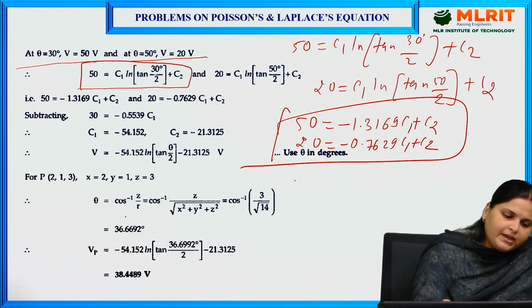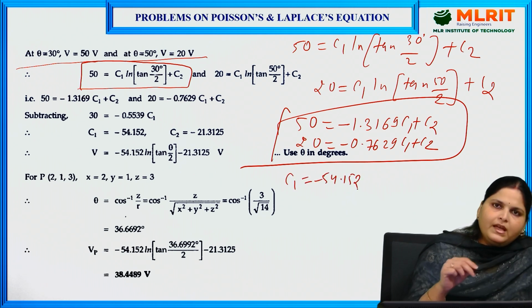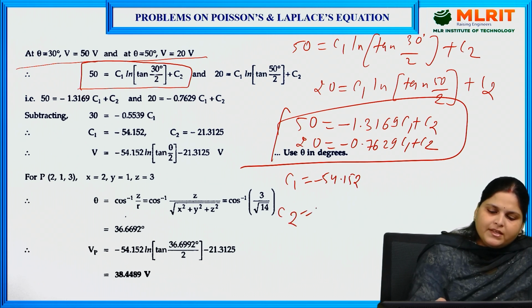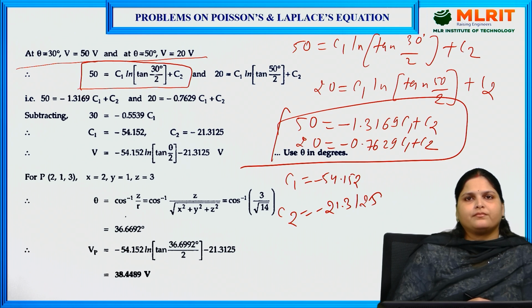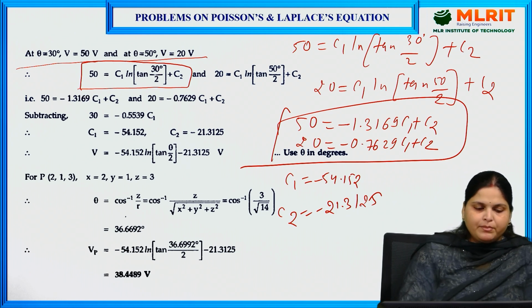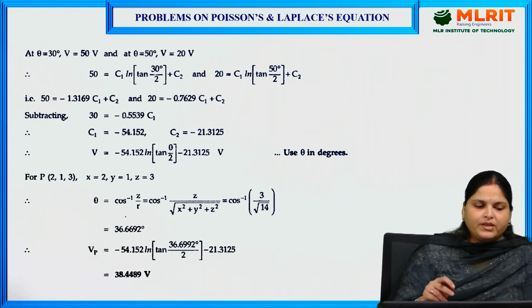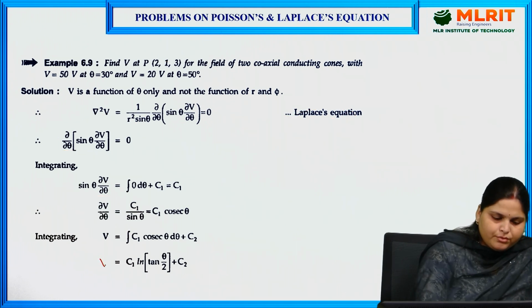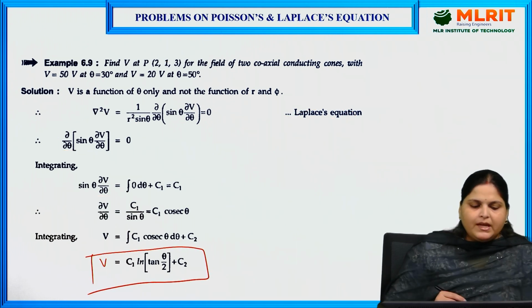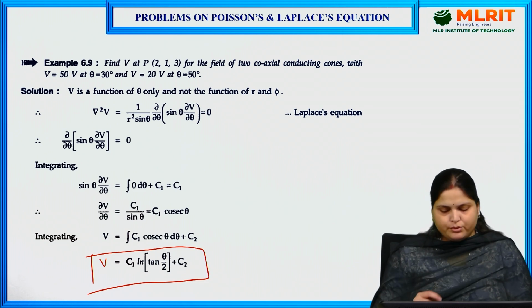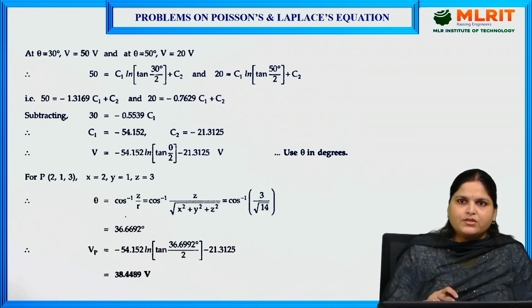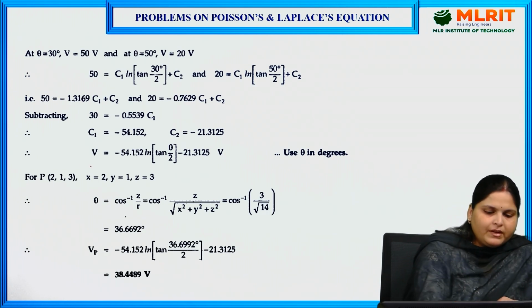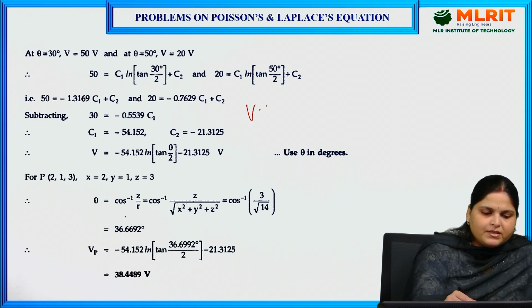So C1 we are getting as minus 54.152 and we are getting C2 as minus 21.3125. What will be the next step? This C1 and C2 we have to put in this equation: V is equals to C1 ln tan theta by 2 plus C2. So when we put these two values here, we will get V is equals to minus